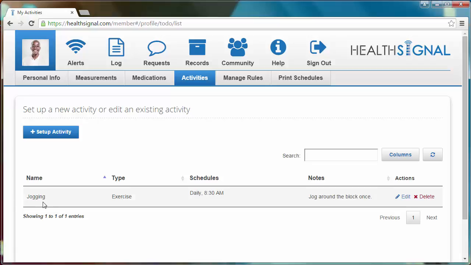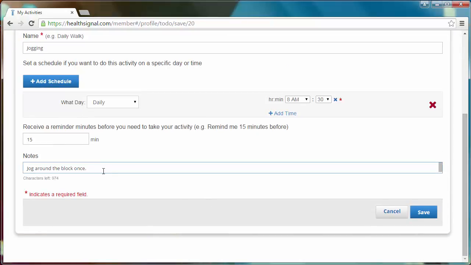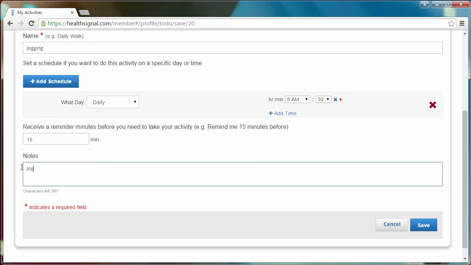There's the name of it, jogging, the type, exercise, schedules daily at 8:30 a.m., and any notes that you might have entered. For example, I'm going to jog around the block once. If at any point in time I would like to come back in and edit this type of activity, so if I begin being able to jog twice around the block, say instead of just the once, I can come back in and click the Edit button, scroll down to the notes that I've written here, and I can now say jog around the block twice,